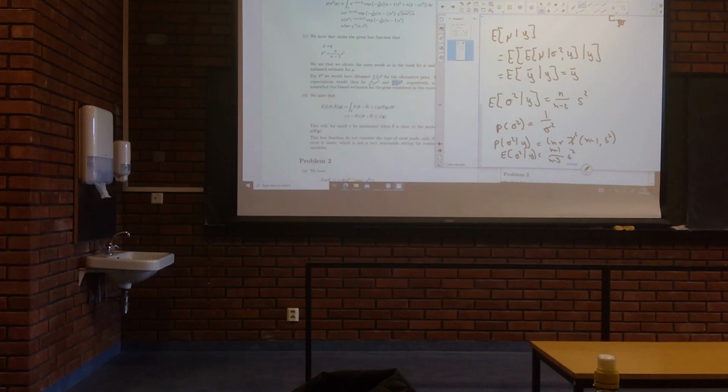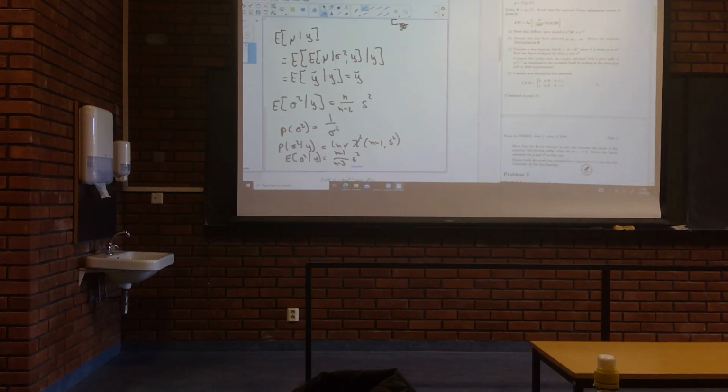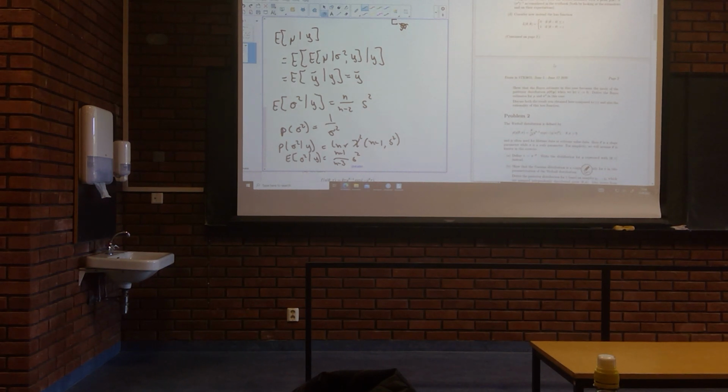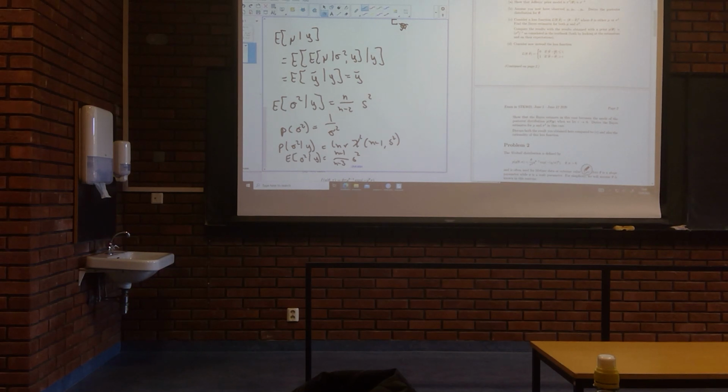Okay, and then we had a final question. That was then to consider a somewhat different loss function. So here we say that if we are able to get an estimate theta hat within a distance epsilon from the true parameter, then we don't have any loss. Well, if we are missing that with this epsilon deviation, then we have a loss of 1. So kind of strange type of loss function,